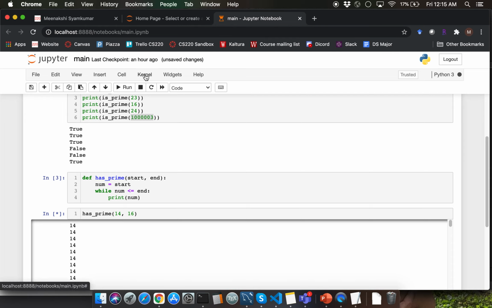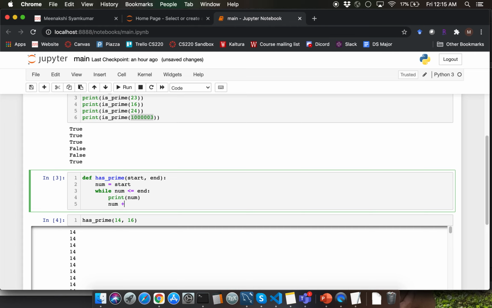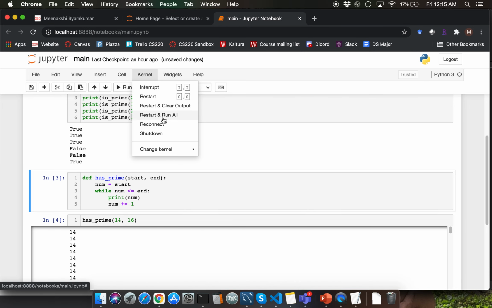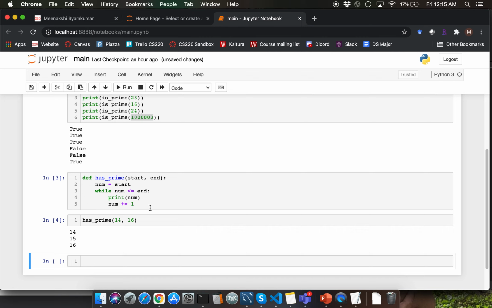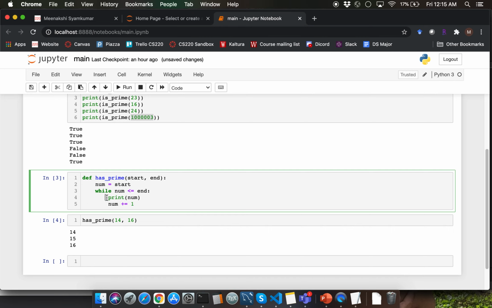Let me show you one more time how to deal with this. You need to do kernel interrupt, and let me first fix this problem. I'm going to increment num value by 1. Then I'm going to have to say kernel restart and run all. That will fix the problem for you. This is precisely why I'm recommending all of you to use print function call to first do a sanity check on your loop. So now that we have the correct output for the current version of the program,